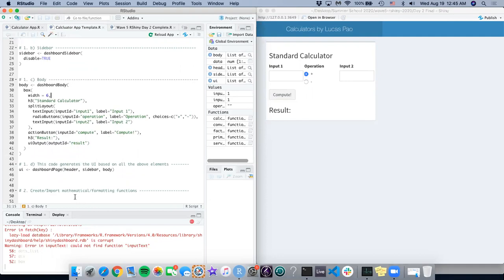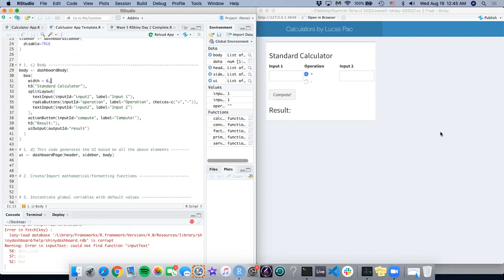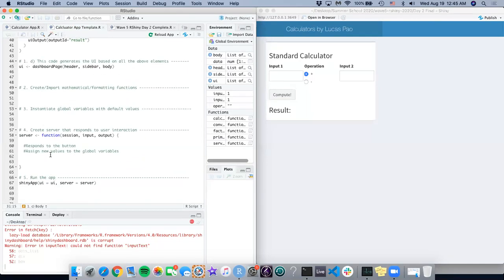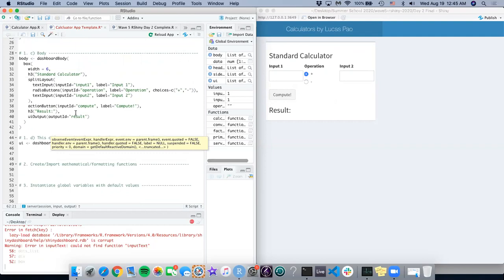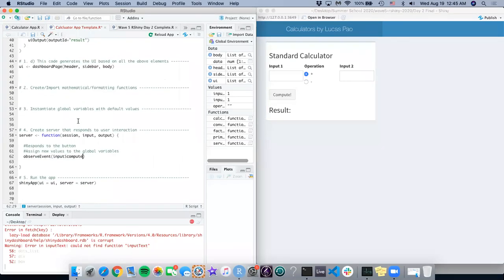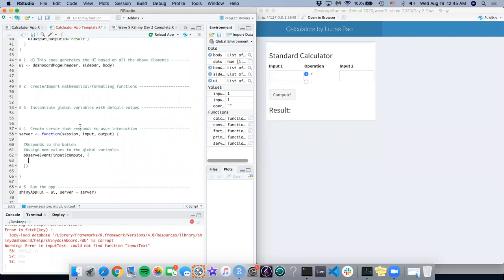Okay, so now what we're going to do is go down here and create a server function. Observe event. And we want to respond to this button, which is specified by the input ID compute. So we're going to input compute, comma, braces,